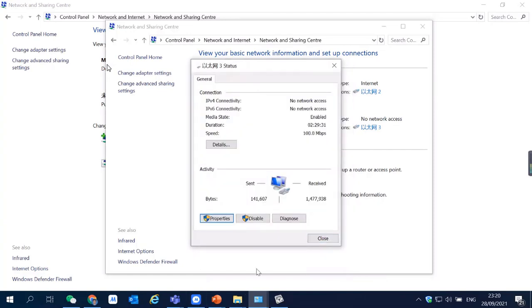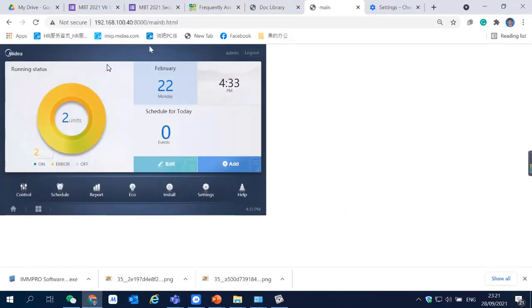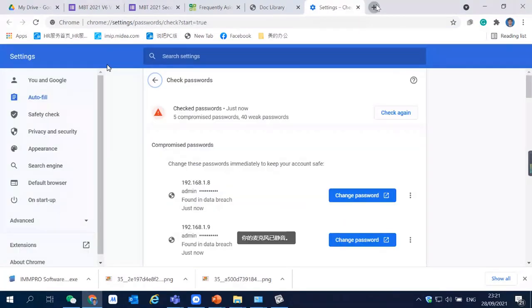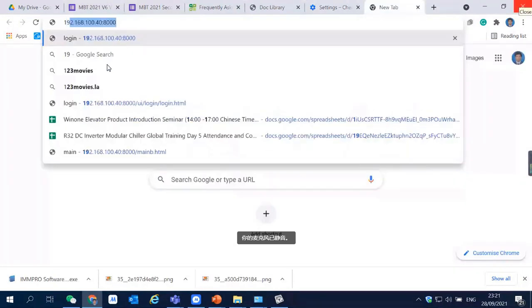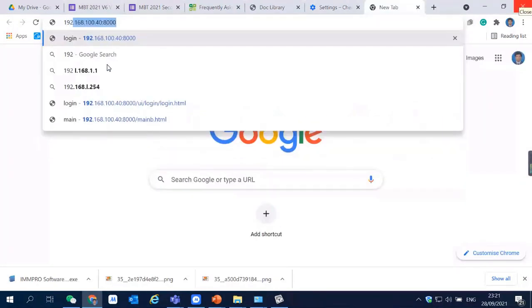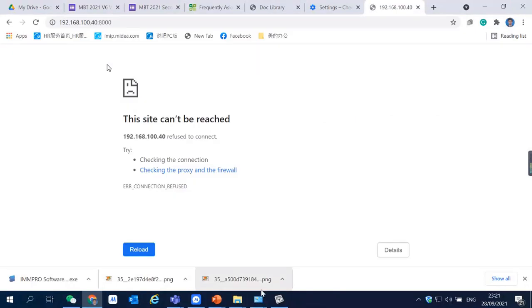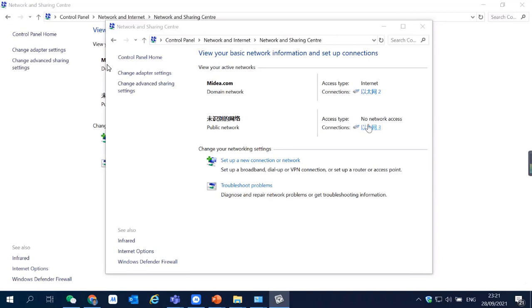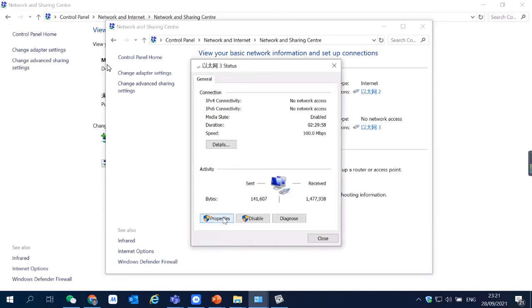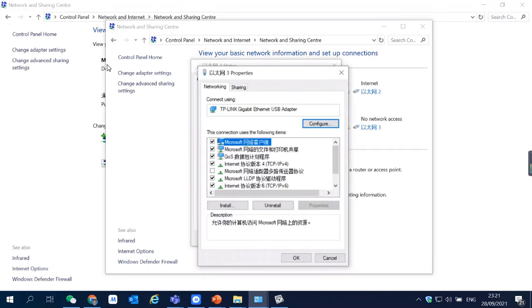Now I try to open the website of 10.1. I will not be able to access it. Let me close it. 192, and here I cannot access. So this is the basic IP setting that you need to do. You need to put it in the domain of the network. So click here, properties. Again, we go to IPv4 and you write